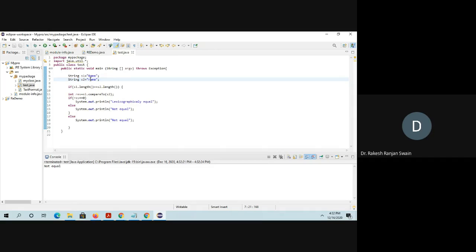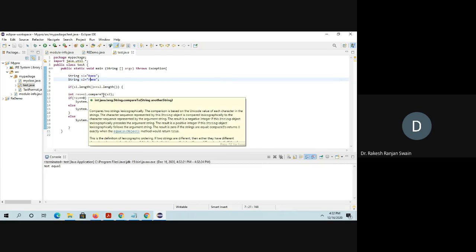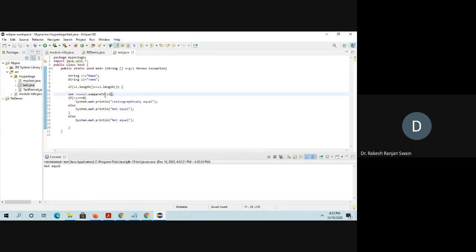So if someone wants to compare these two without considering the case, without considering capital and lowercase, then instead of compareTo, I use compareToIgnoreCase. This method is used.